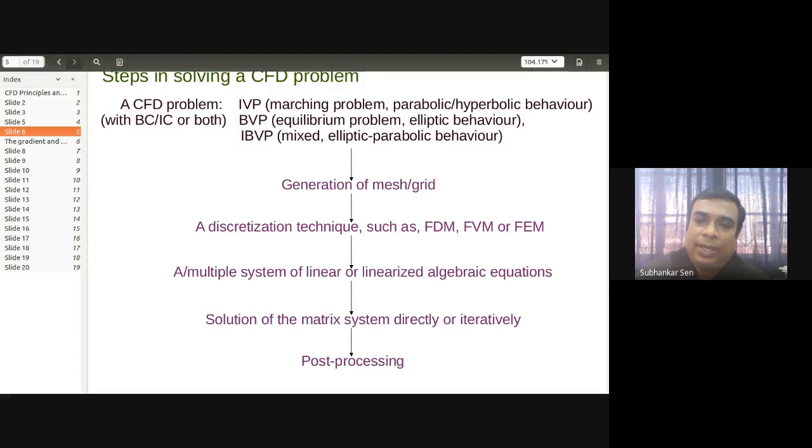So mostly finite volume is used for fluid dynamics problems in recent times, and FEM is also being used. FEM is used where there is fluid and solid both. So if there is some fluid and solid interaction, then we go for FEM. And for simplified problems, we go for finite difference. But finite difference is a very powerful tool, even though it is an old approach. Then,